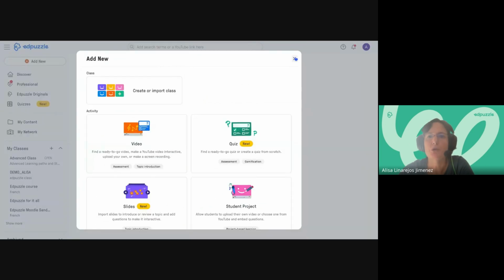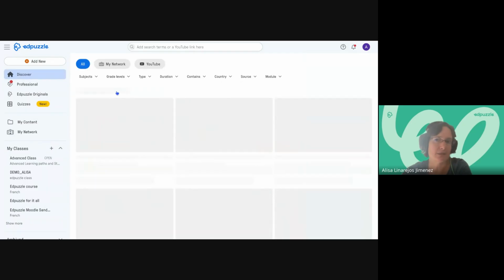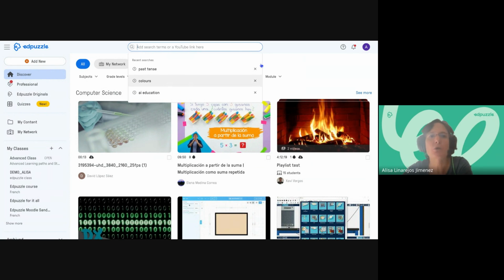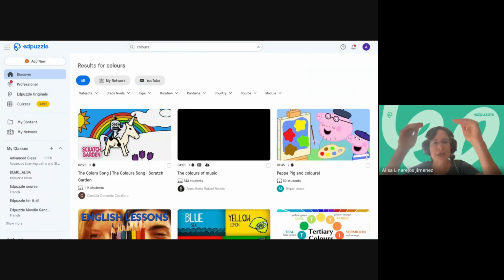The second option would be to reuse somebody else's content. So the beautiful part about this is that you can find videos from other teachers that are teaching exactly the same thing as you are, and you can reuse what they have already created, right? So how do I do that? I go to Discover, I use the little house on the left-hand side, and I click up here and I enter the keywords related to what I am teaching to my own students, all right? So Discover, I enter the keywords, and I will have underneath a lot of videos related to that given topic,